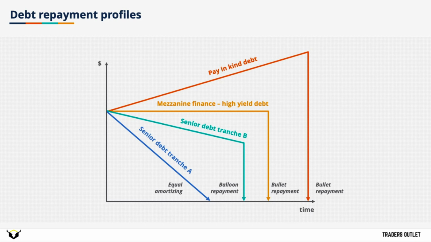That's because the interest is not actually being paid out, and hence the term payment in kind. It's accruing and adding to the balance of principal that's owed at the end. So you can see that there's a bullet payment at the end that's larger than the amount that the company started with. In our financial modeling courses that follow in the FMVA curriculum, we'll be modeling a company's debt schedule, and it'll be very important to keep these different debt repayment profiles in mind.